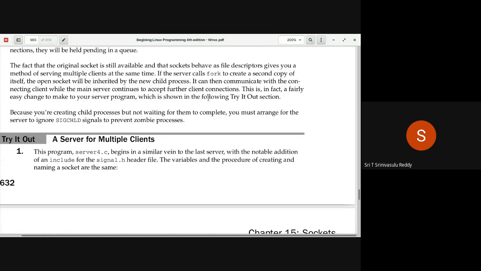Because you are creating a child process but not waiting for it to complete, you must arrange for the server to ignore child signals to prevent zombie processes. So you are not waiting for the child, and anything coming from a child as a signal, you want to ignore.